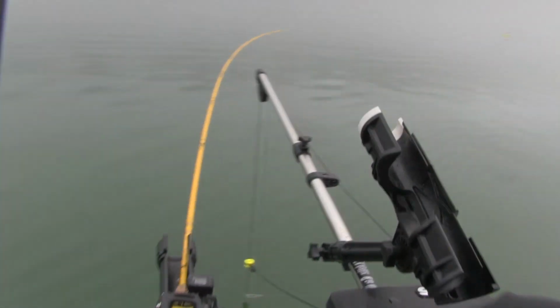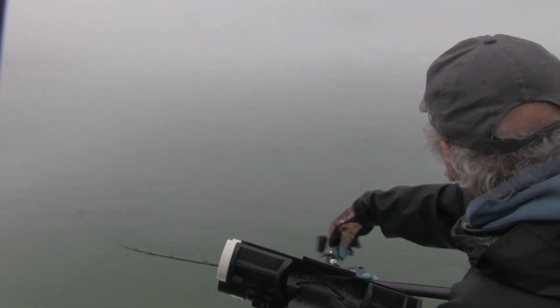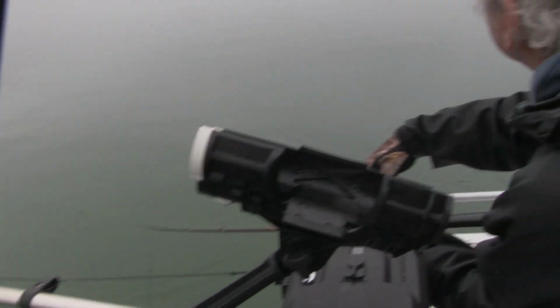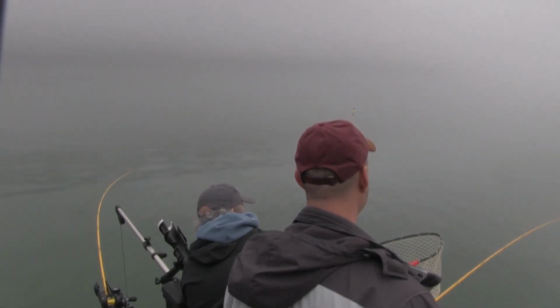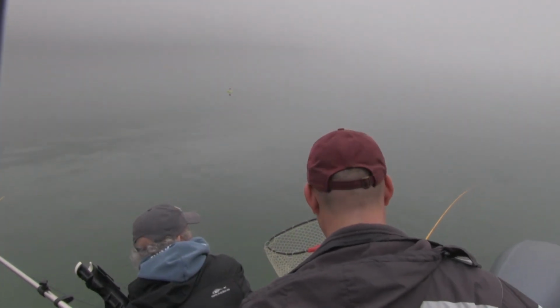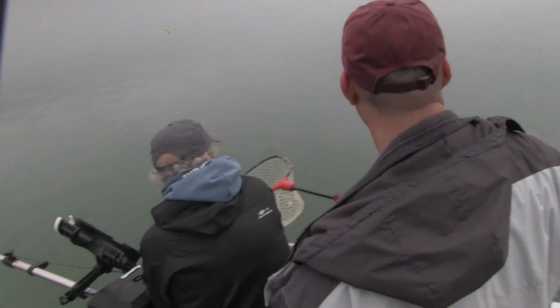Okay, you want me to move? Tell me when to. I just want to keep it away from the lead core in case he decides to go sideways. You're good. Oh, here comes. Nice fish. Keep him down. Good. Oh, that's what I was afraid of. Hit another take on the middle run. Yeah, that was it. Either I bumped it or